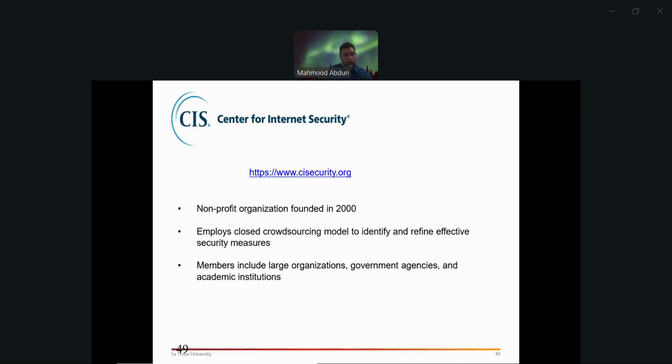That was their goal. So they passed on surveys to hundreds and hundreds of different members of CIS. They joined and got these surveys, and the surveys asked them, what kind of attacks do you receive? The severity of the attack, the impact of the attack, how frequently do you see them?